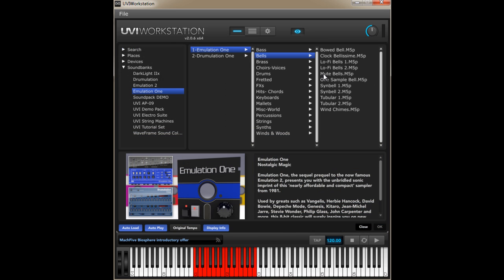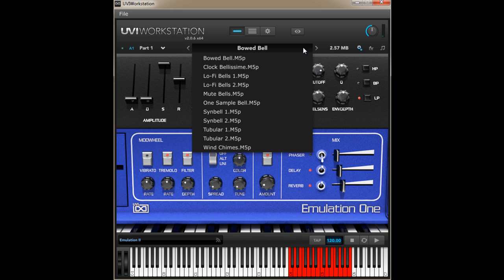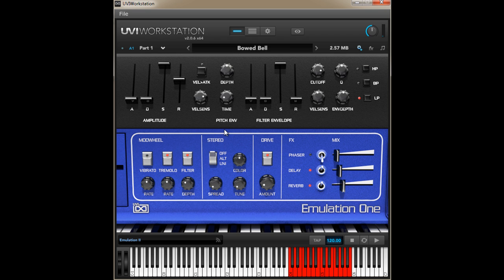Let's go on to the bells section, and there's some really nice sounds in here. This one in particular. Very evocative, and some nice tubular bells in here. I mean, they're pretty standard sounds on a lot of keyboards now, but it's the grittiness and graininess of that kind of 8-bit sampling